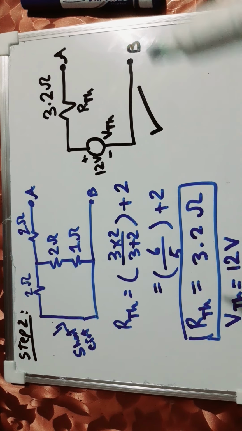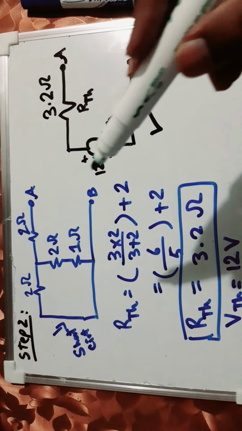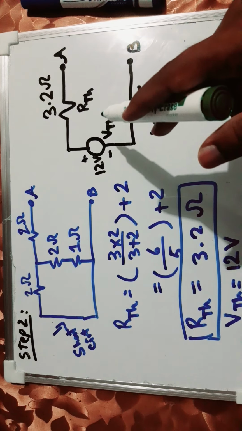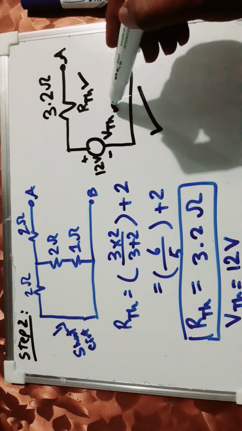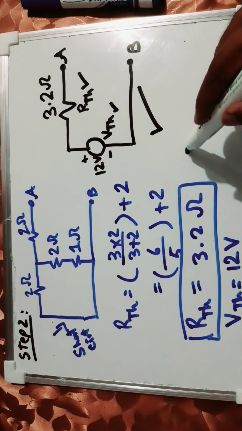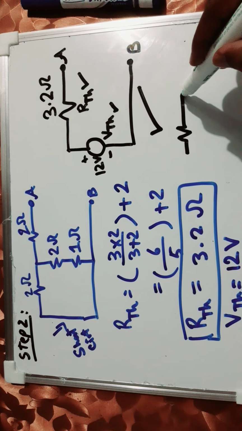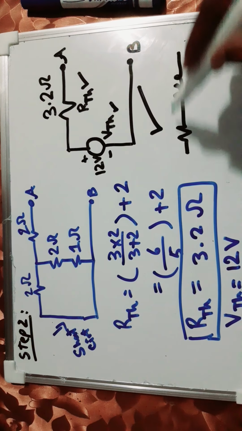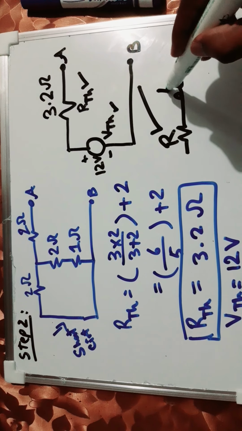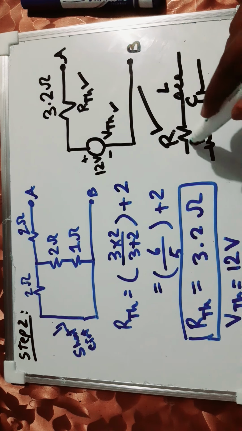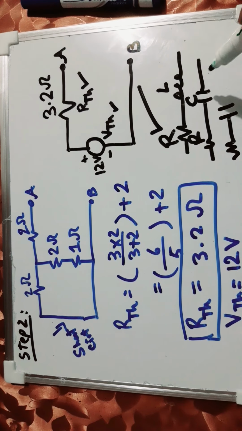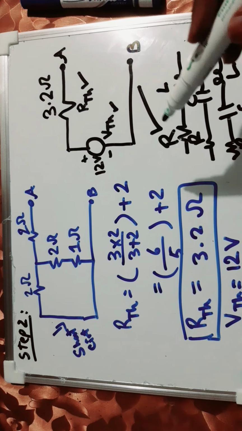So in today's lecture we have learned simplifying a simple linear circuit into a simplified form having Thevenin equivalent resistance and Thevenin equivalent voltage. So in the next lecture we will study what if the circuit is not only a resistor circuit, but also has an inductor and a capacitor. So what if the circuit is an RL circuit, RC circuit or RLC circuit? So this we will do in our second lecture.